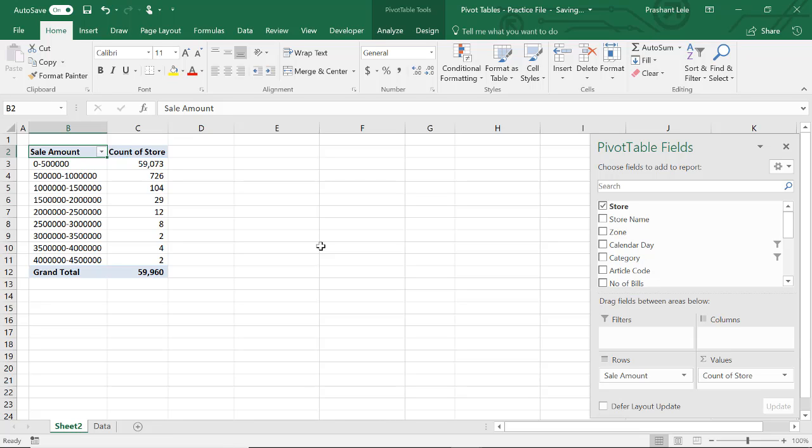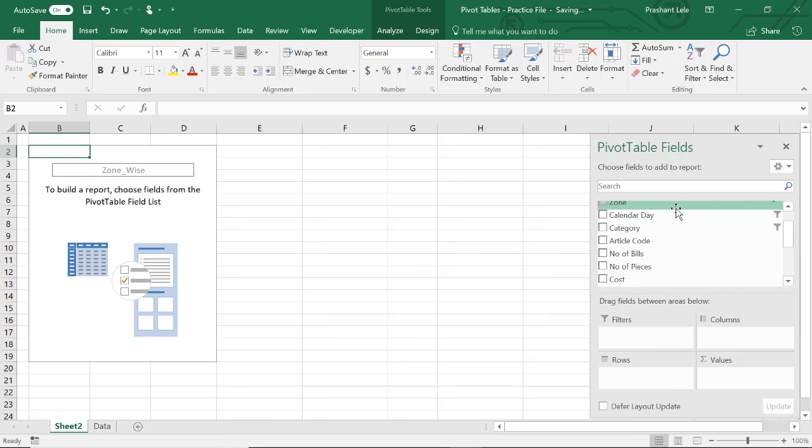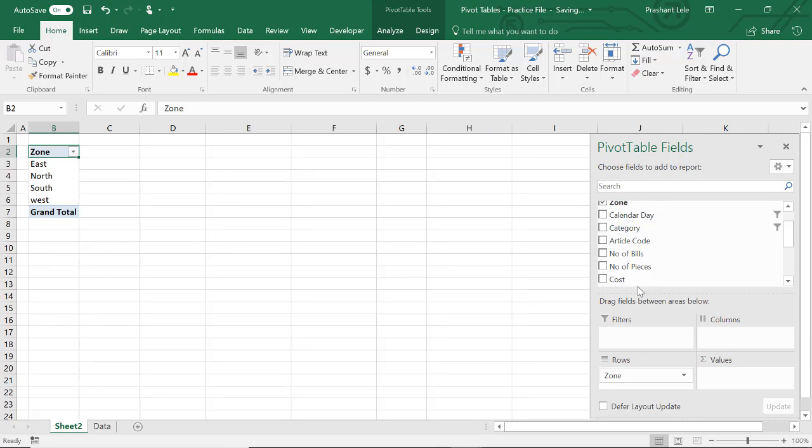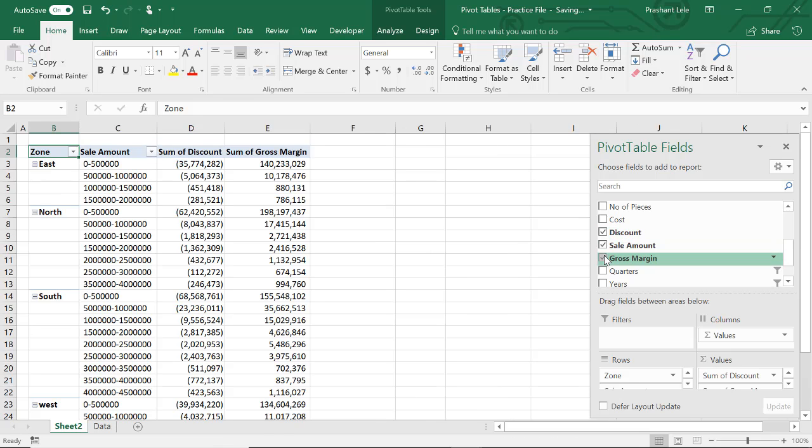Now let's learn something about sorting. In pivot tables you have some sorting possibilities. I am changing the table. I am taking zone here and I am taking discount, sales and gross margin.